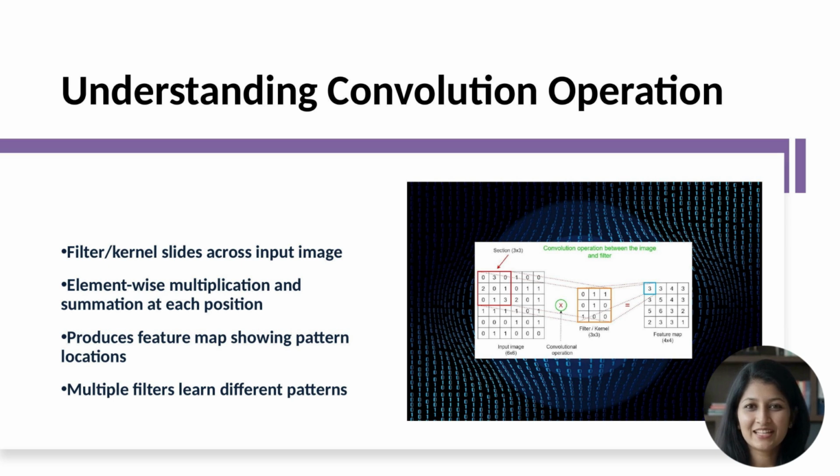Early convolutional layers learn simple local patterns because they see small regions. As you stack layers, later ones effectively see larger regions, receptive fields, and can detect more complex patterns by combining features from earlier layers. A deep conv layer might detect eyes by combining edge and texture features from earlier layers. This hierarchical feature learning is why CNNs are so powerful. You don't manually design these features. The network learns them automatically from data.